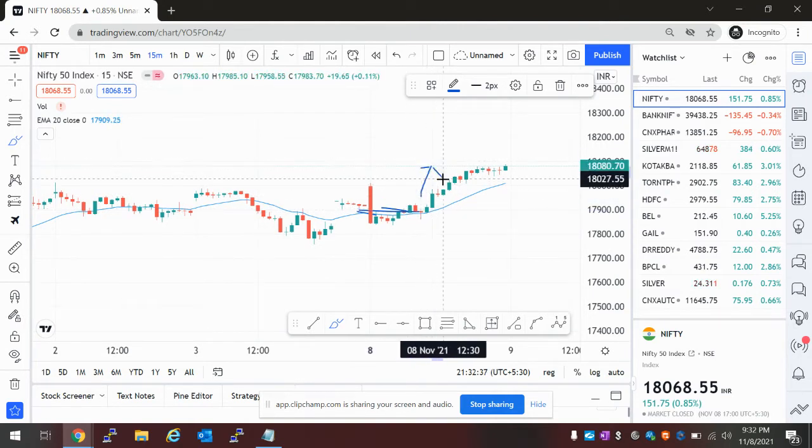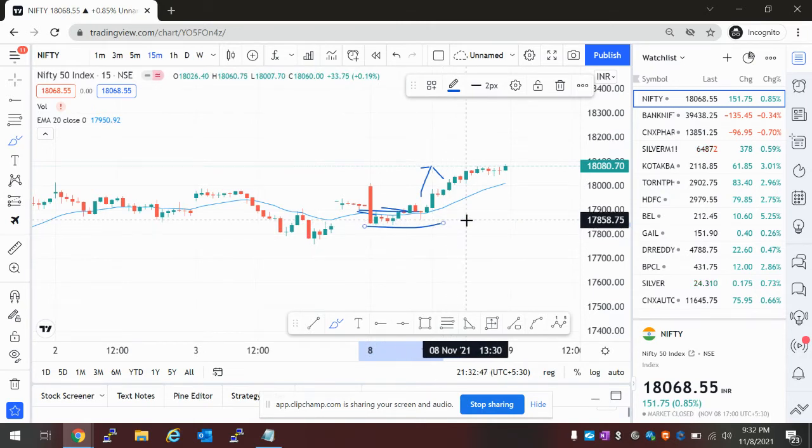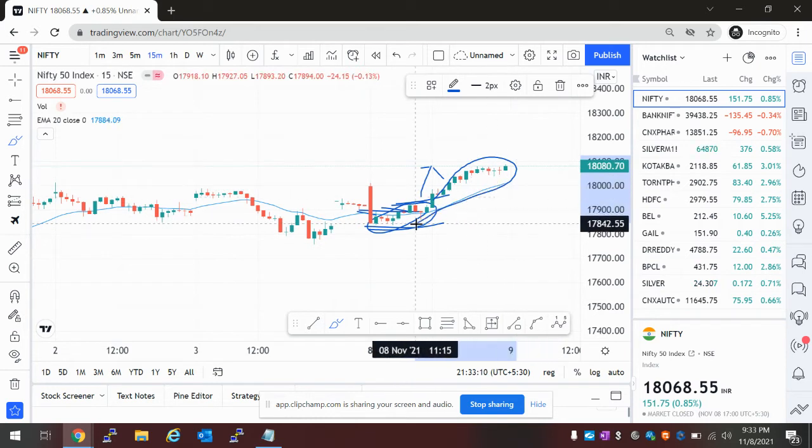What has happened today? You should stop here at the low, because this low is going to be your major support for the day. There was an excellent buy in this position, like this candle high 17,900. There was a buy with a stop loss of 17,830. You are taking a 70 point risk here. You are rewarded with a great move.